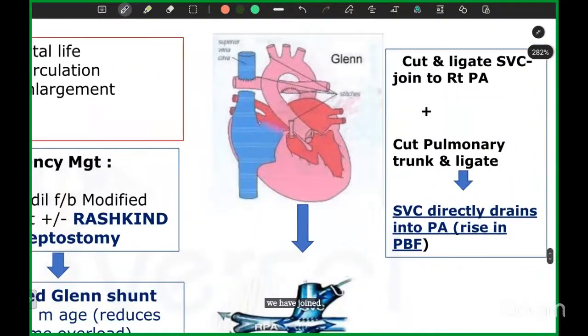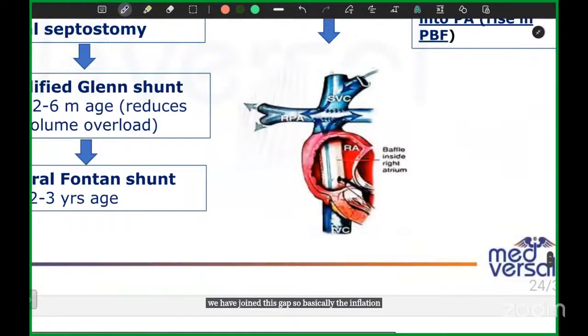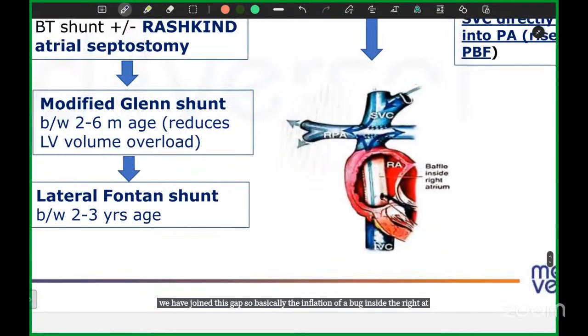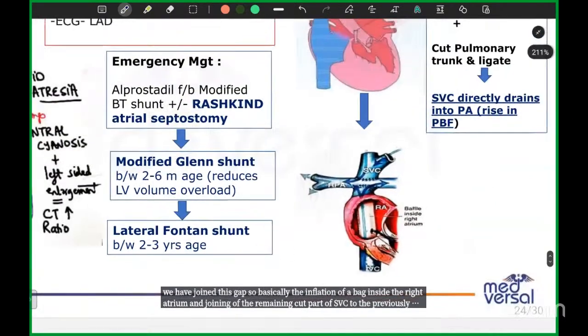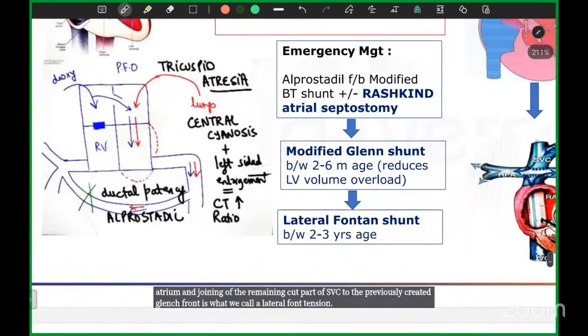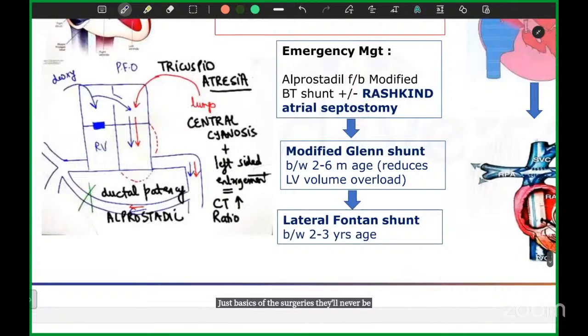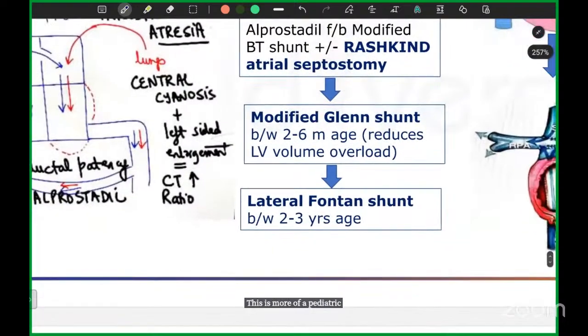So basically, the inflation of a bag inside the right atrium and joining of the remaining cut part of SVC to the previously created Glenn shunt is what we call a lateral Fontan shunt. Just basics of the surgeries, they'll never be asked at least at the SS pediatrics level, because this is more of a pediatric surgery topic. I just wanted to explain to you what happens, and we do this by the age of